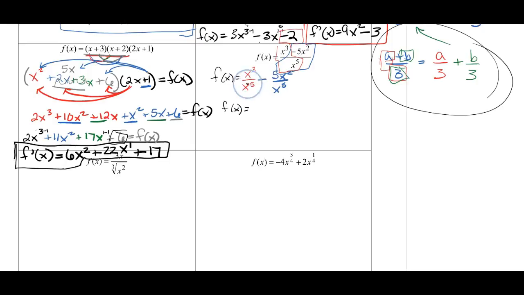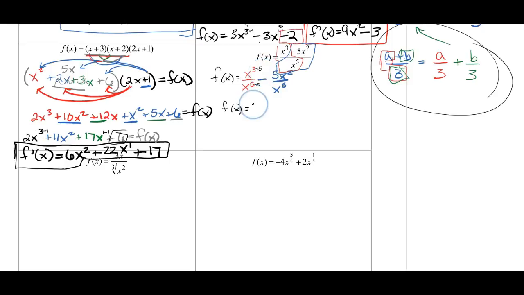Now, normally, if we were reducing this in algebra, we would reduce each of these by x cubed and get 1 over x squared, because usually we want positive exponents. In this case, however, it's not that we want positive exponents necessarily, it's that we want polynomial form, so we want our variables to stay in the numerator. So I'm going to go ahead and subtract 5 from each exponent,